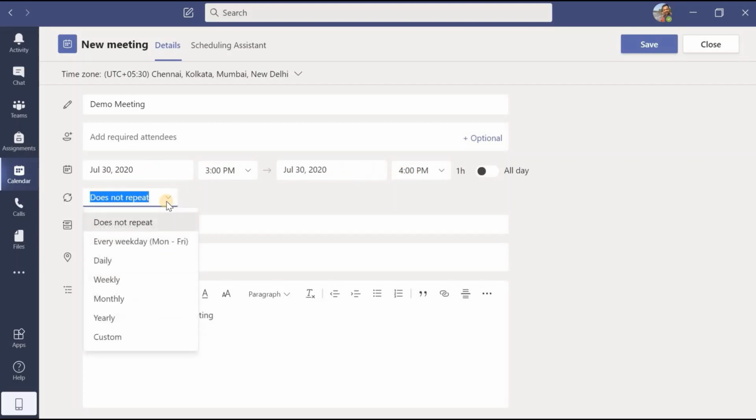It means what do you want: that the meeting does not repeat, or that the meeting should be there on every weekday, meaning the weekdays which your company or organization has decided, at a specific time every day. Okay, or if you want that meeting to be conducted daily, weekly, monthly or yearly, or else if you want to customize,